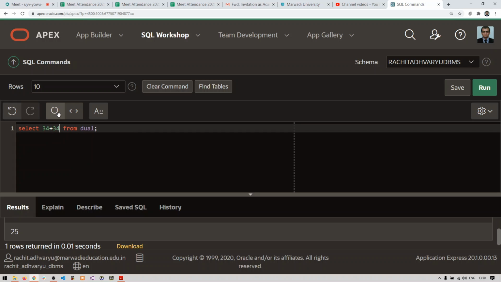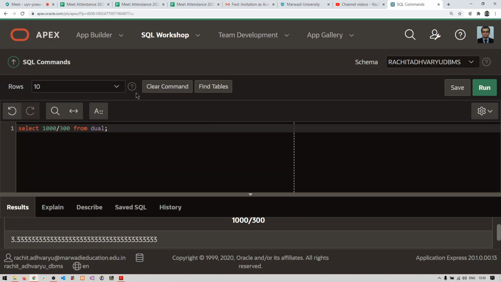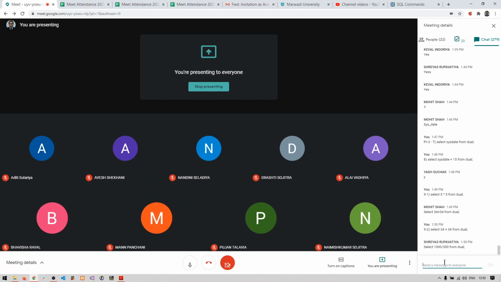Let us see the answer. So this is the answer, 68. Then next is 1000 divided by 300. Let us see the answer, 3.33333. This is the answer of the 9th third one.